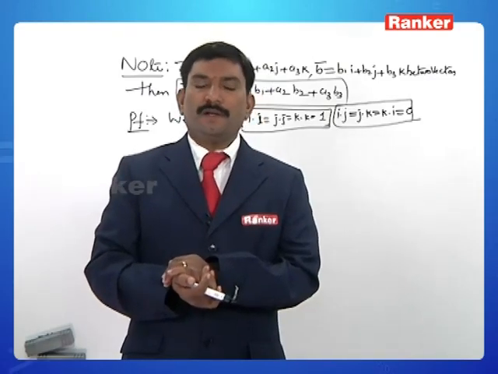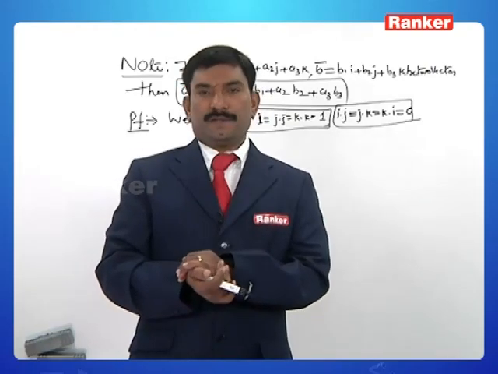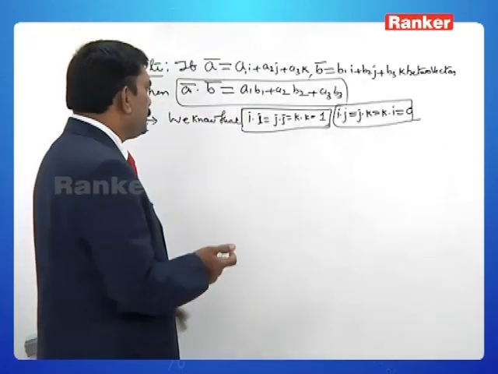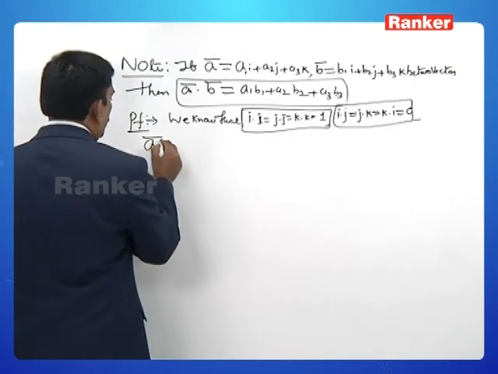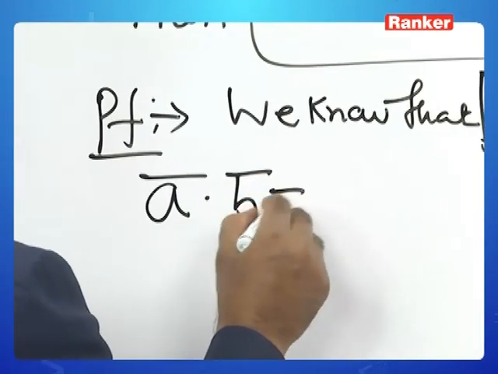That is the dot product of two vectors. So therefore, now what I do is A bar dot B bar is equal to